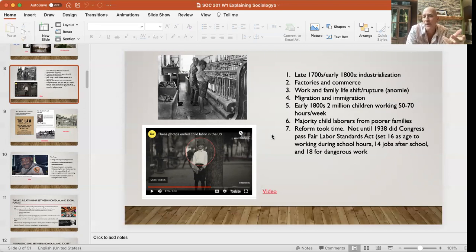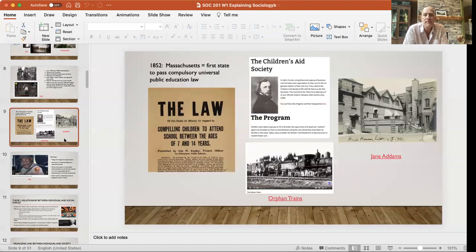Louis Hine was usually the source of the photos you see of child labor in this time period. He was a sociologist, and he used photojournalism, documentation, as a way to bring about social change. Things like, okay, if we're not having kids working in factories, then we get universal education. So we get compulsory education, laws around that.